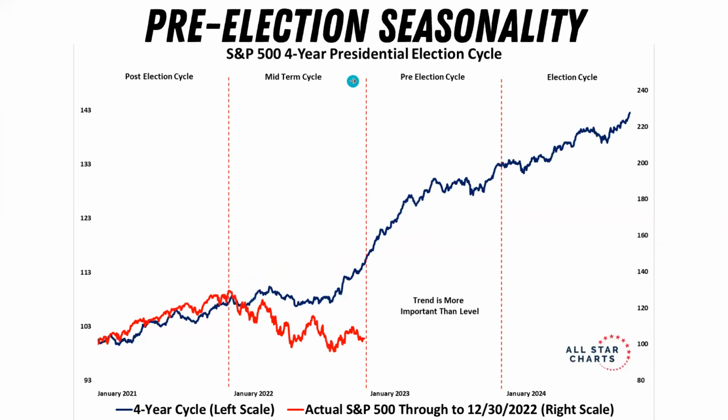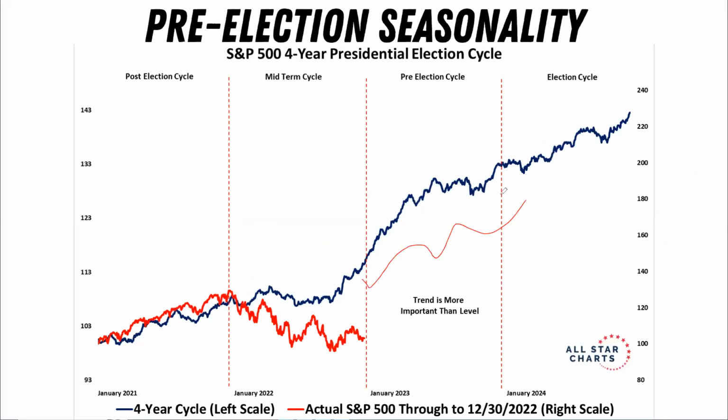This is another pre-election chart right here. And this doesn't have the current year performance, but when I talk about the midterm cycle, right, this is October-ish over here. This is October, and you can see that typically you get a bottom in October. And if you look, the S&P 500 historically has always been green. It's always been positive 6 months and 1 year out from the midterm election date, right? And so that was in October.